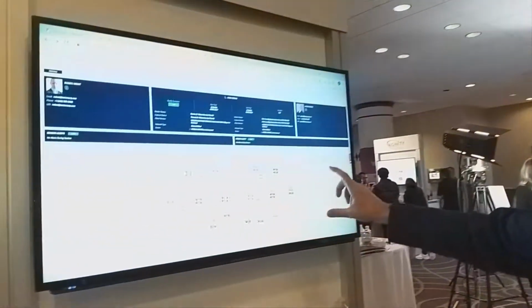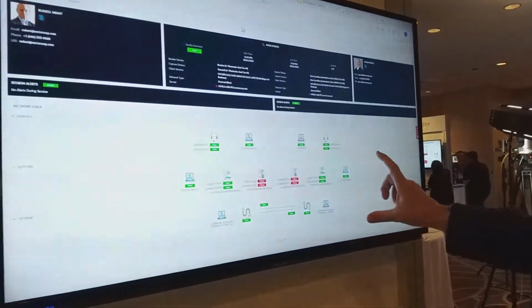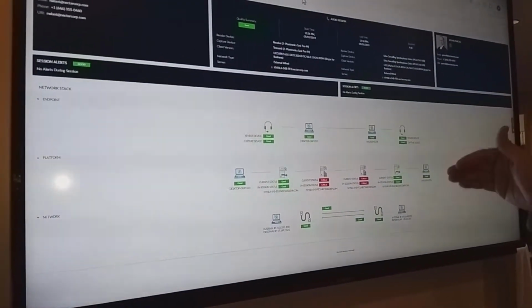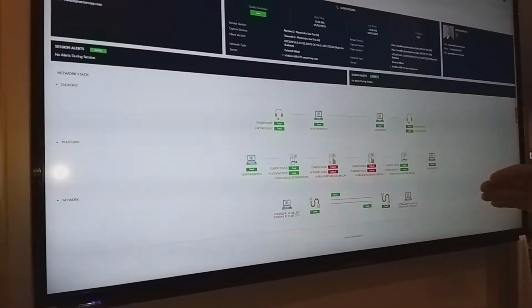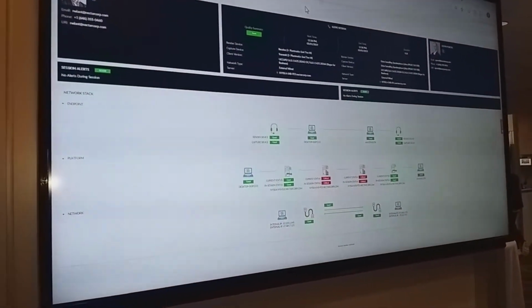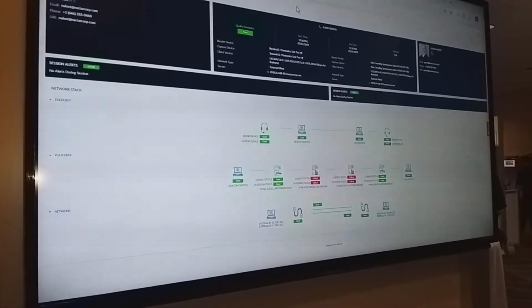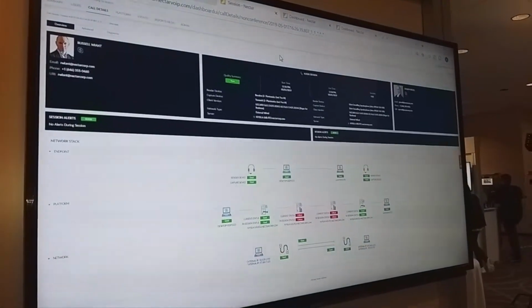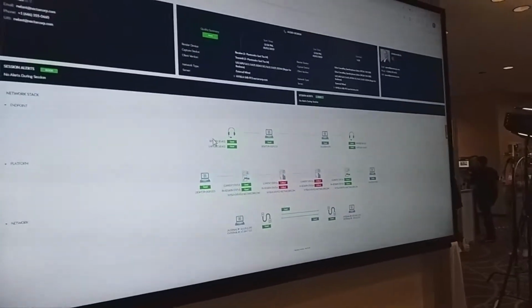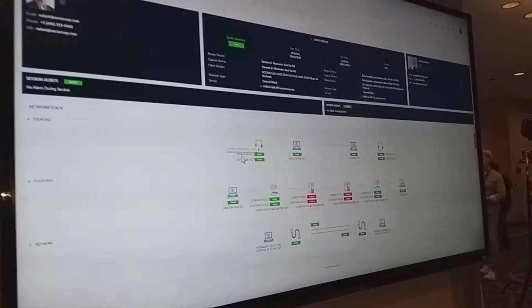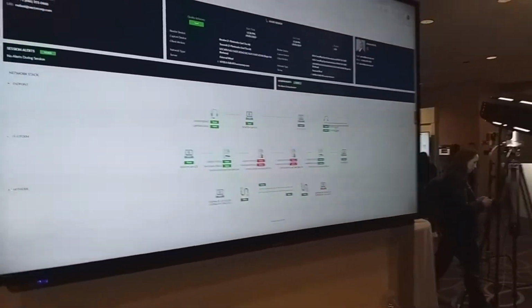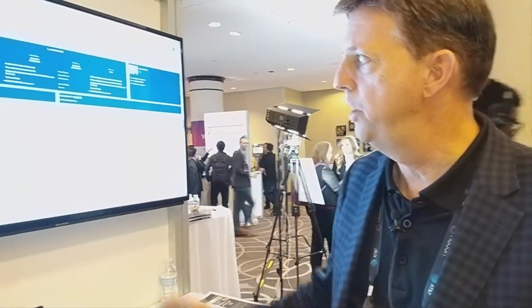So in this case, we're very focused on three key layers of any UC session: the endpoint layer, the platform layer, and the network layer. What I'm trying to do is very quickly identify the source of any problem in any given session. That means consuming information from the actual endpoint. In this case, I know that this was a person using a Plantronics Savi calling somebody with a Jabra headset. And from there, I'm able to look at the performance impact that has on the solution,